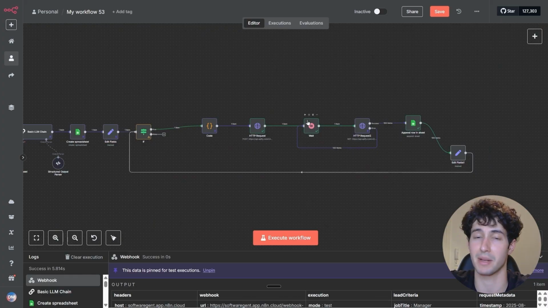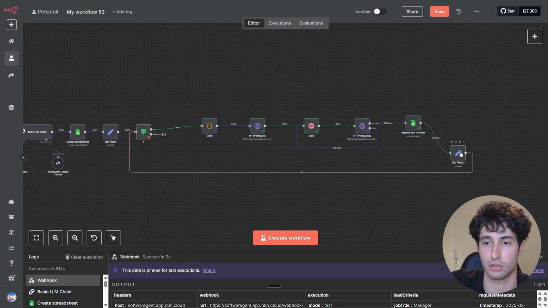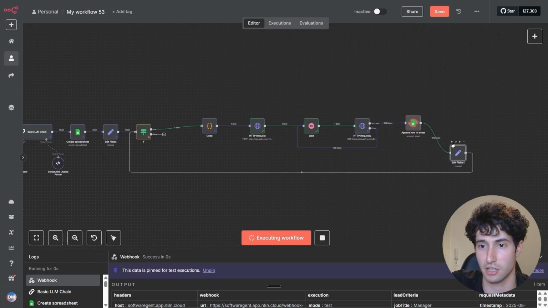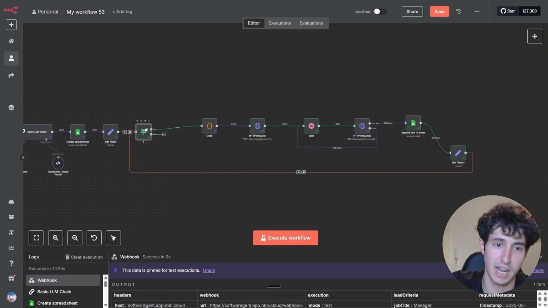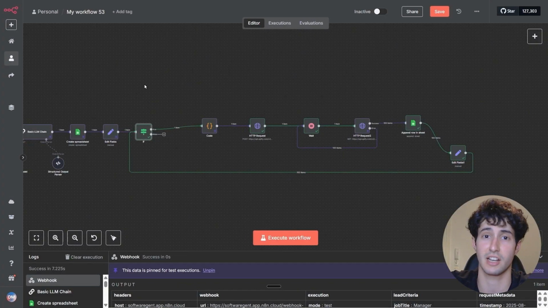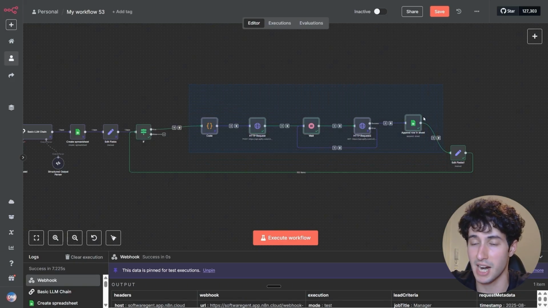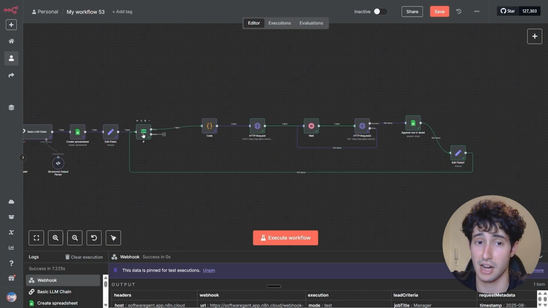This will keep happening till we have managed to scrape all of our leads, because this is going to go +1. If I actually execute it so you guys can see, you can see that it is 2 now, and then this will come over here in the if node and recheck again. Do we need to run this again, or have we finished scraping all of our data? And if we haven't, it will keep rerunning this until this function actually turns false,